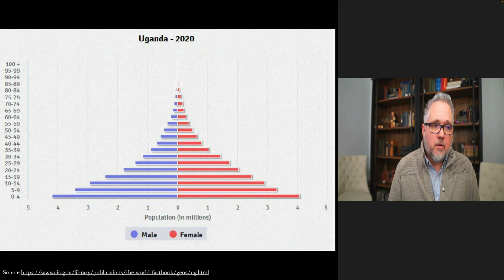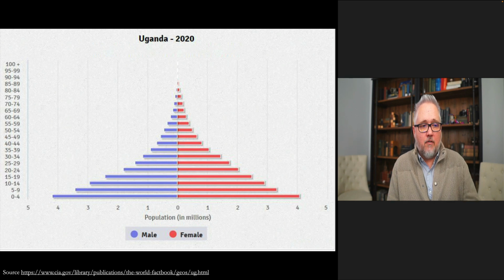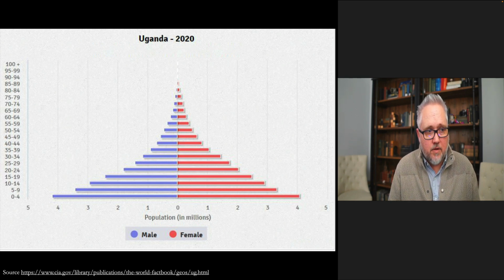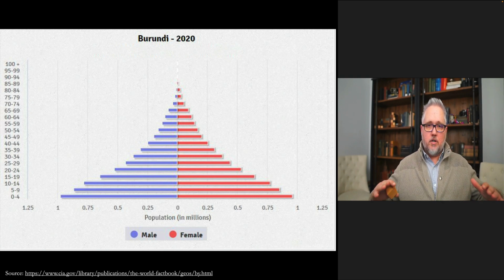This is a population pyramid for Uganda in 2020. And it really does look, if not like a pyramid, then a stupa, in which you have this wide, flat base of people that are incredibly young, below 20, but the population that is under 5 years old is the largest segment of the population. And you have men dropping off more quickly than women as you get older in the population pyramid towards the top. And this is similar of a lot of developing countries like Burundi, which I already touched on, that you have a large number of people coming up from above that are going to have